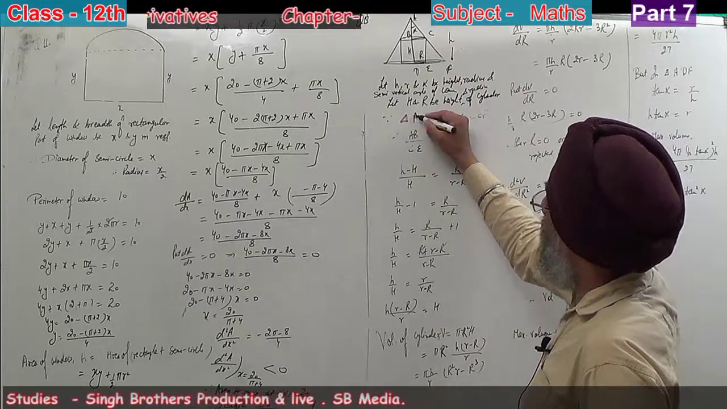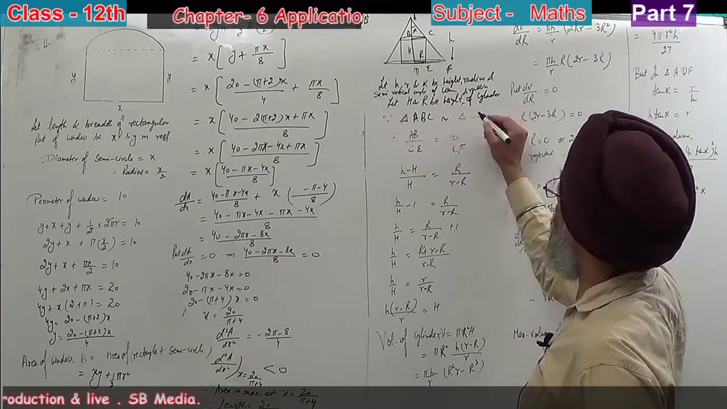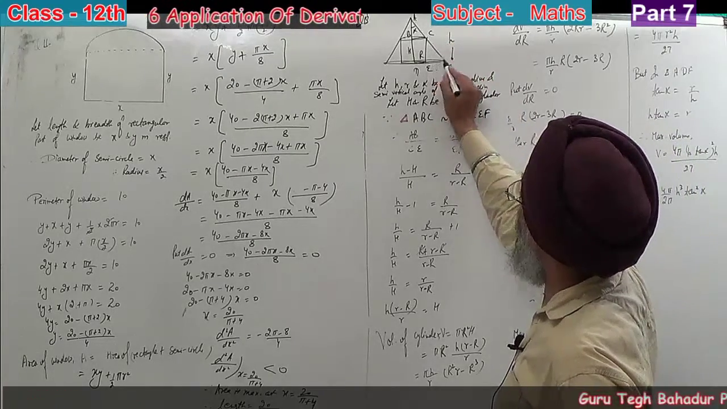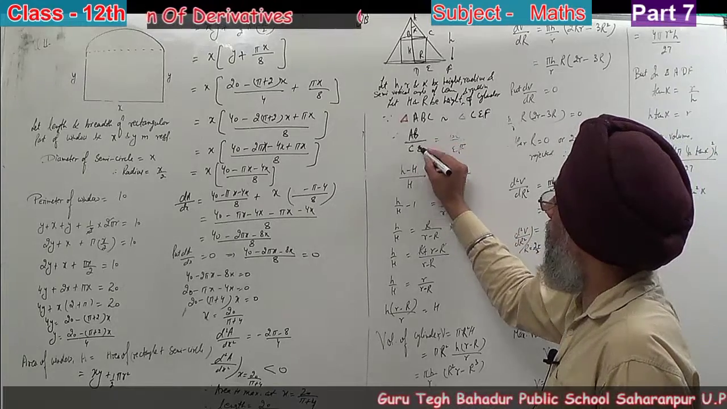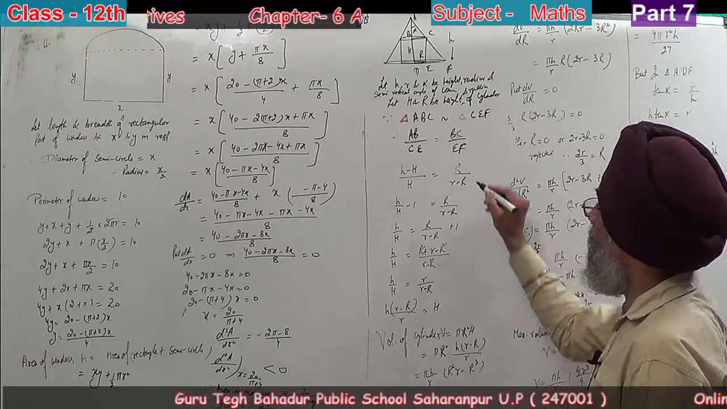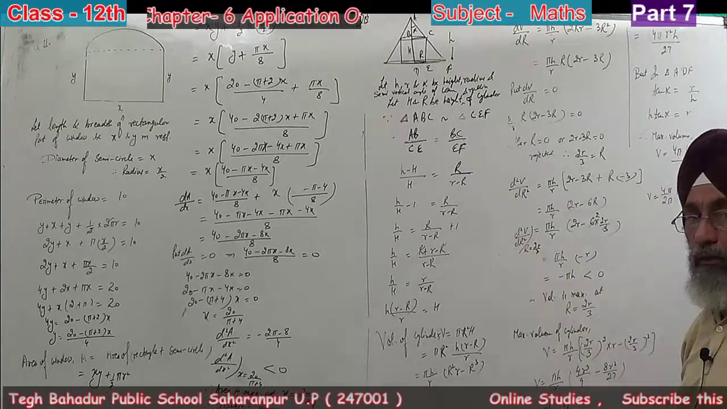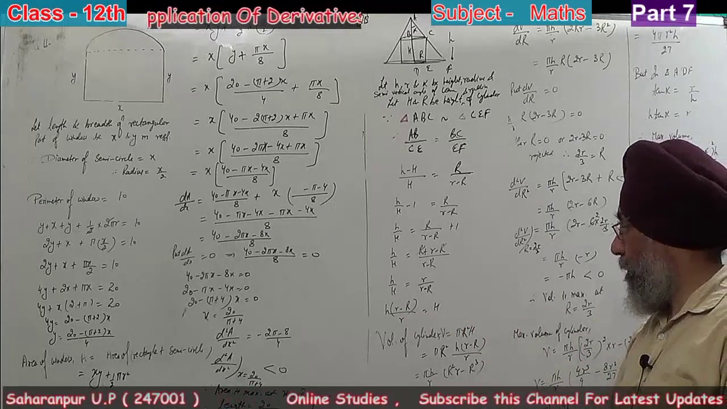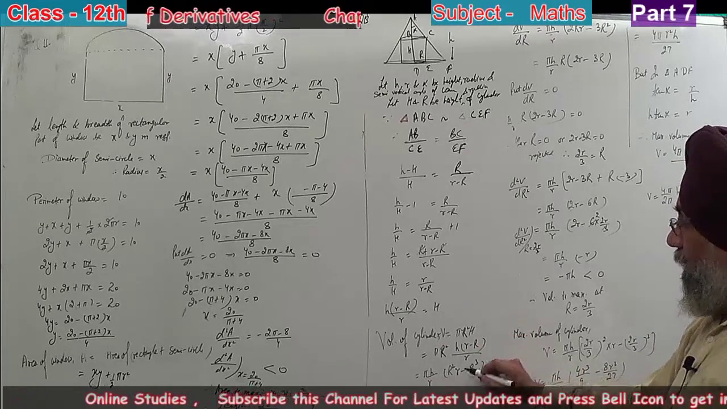Now triangle ABC is similar to triangle CEF, so AB upon CE equals BC upon EF, meaning (h minus H) upon h equals R upon (r minus R). So we get the relation H is equal to h(r minus R) upon r. The volume of the cylinder is pi R square H, placing the value of H here,